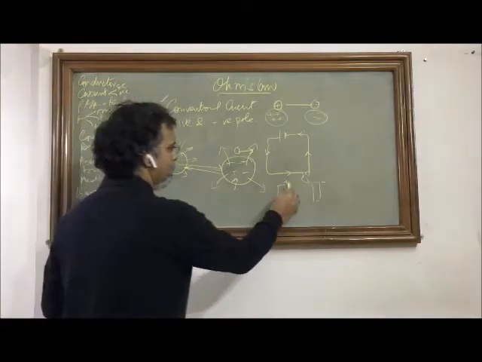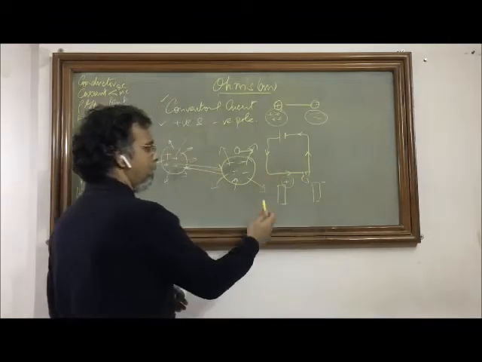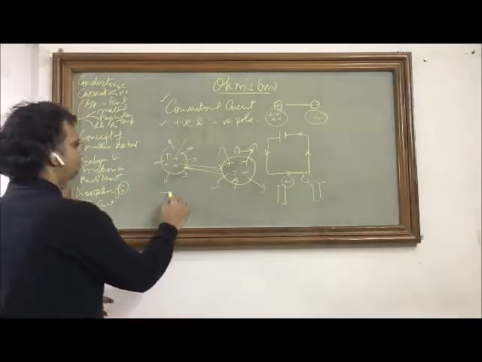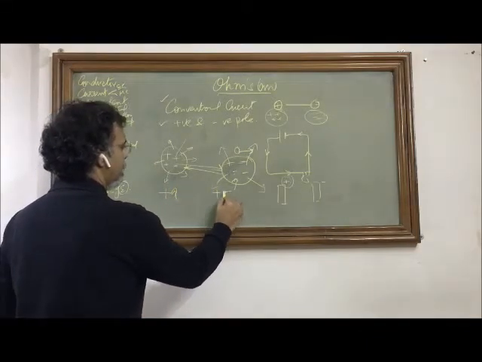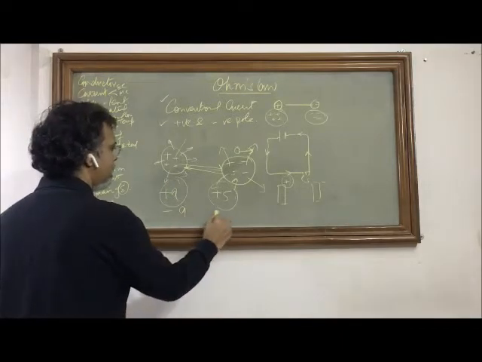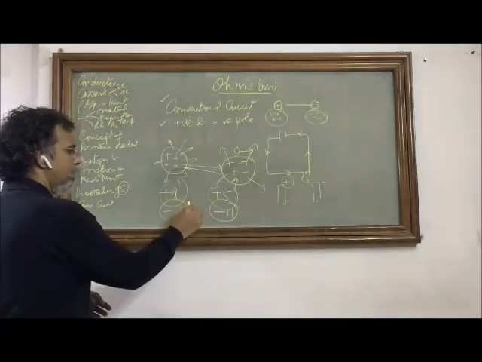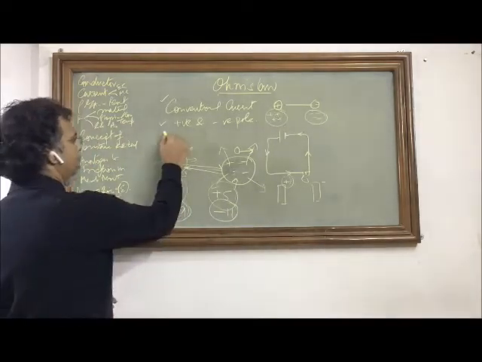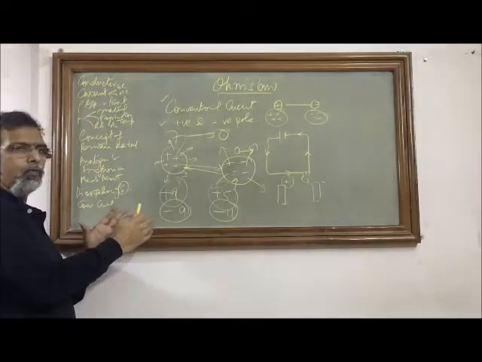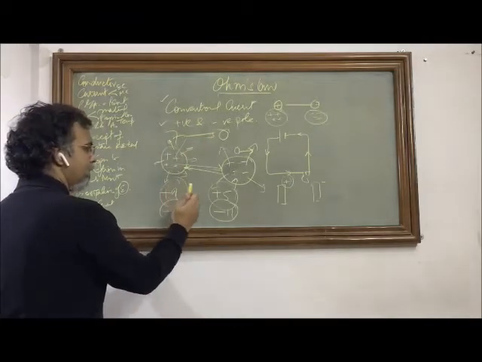So here we may write positive and 0, we may write negative and more negative, we may write positive and less positive. All those would mean the same. Suppose we have +9 and +5. So this is higher potential, this is lower potential. We may have a situation where it is -9 and -11. So this is lower potential because it is a more negative value, and this is higher potential. We may have 7 or 0. So again this is higher to lower. So the conventional current would flow from 7 to 0, or from -9 to -11, or from +9 to +5.